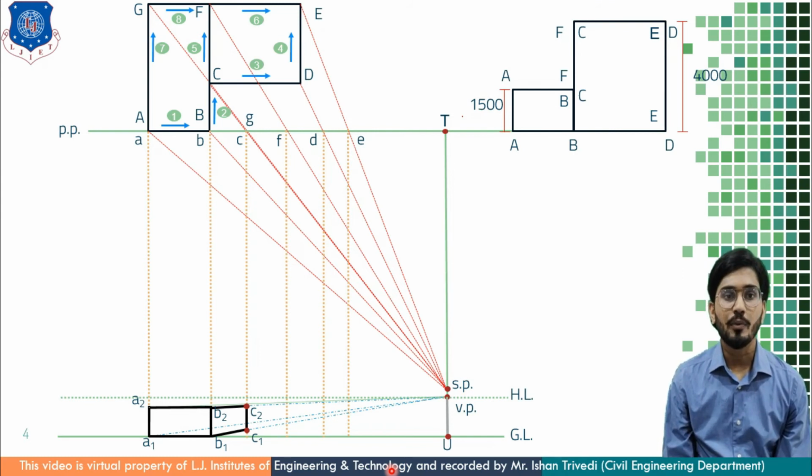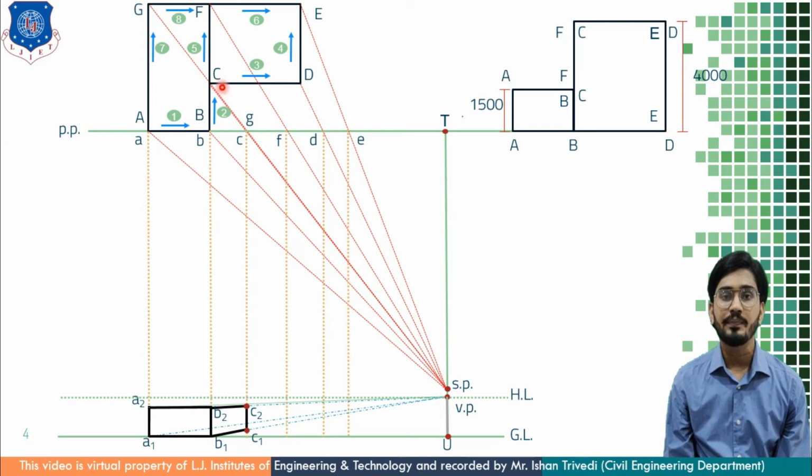Now, is that C point resting on a picture plane? No, C point is not resting on picture plane. So which one is the nearest point resting on picture plane? Either D? No, D is not resting on picture plane. B? Yes. B point is resting on picture plane. Which is the nearest point to C point? Because C point is not on picture plane. It is away from picture plane.